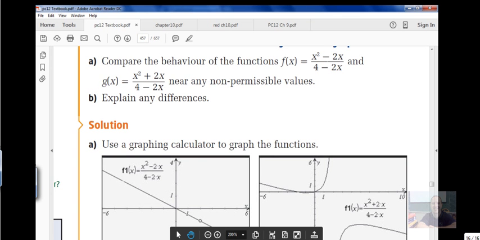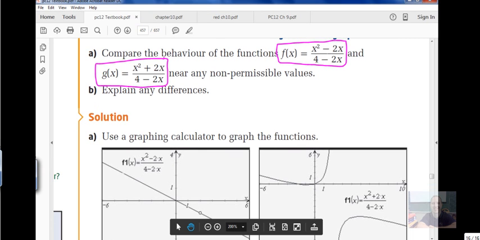All right, let's take a look at this example in the textbook. It says compare the behavior of these two functions right here. This one and this one right here. Now they look very similar, but they're different. We have a different sign here. And if you look down below, on the graphing calculator, this is what they look like. This function looks like this, a straight line with a gap right here. This one over here looks a lot more